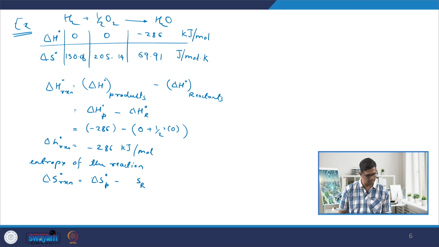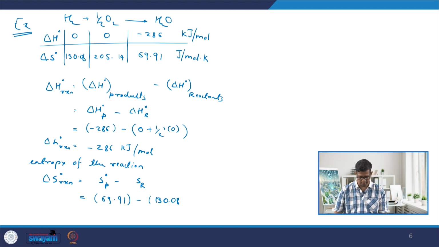Sorry, I should write it as entropy of products minus entropy of the reactants, and so we can write it as 69.91 minus 130.08, that is the entropy of hydrogen, and then plus half of, since we have half mole of oxygen there,